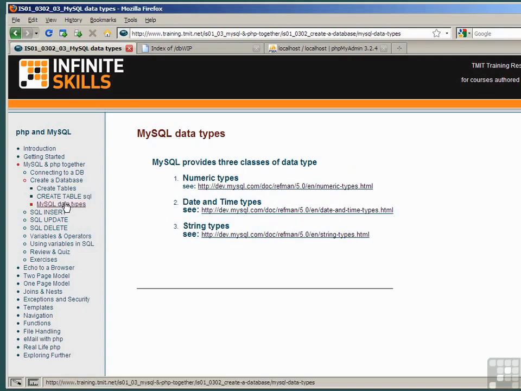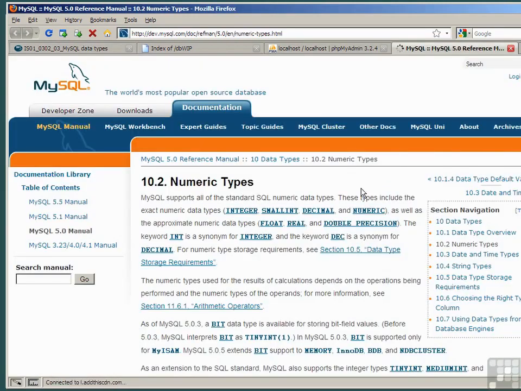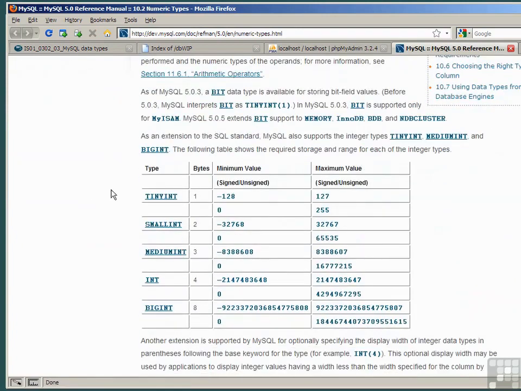about data types. In MySQL, we have three data types: numeric types, date and time types, and string types. There is a detailed user manual for each type. For example, in the numeric types, we have tiny int, comprising 1 byte, small int, 2 bytes, medium int, which is the one we've used to date, and big int, which provides very, very large integer numbers, both negative and